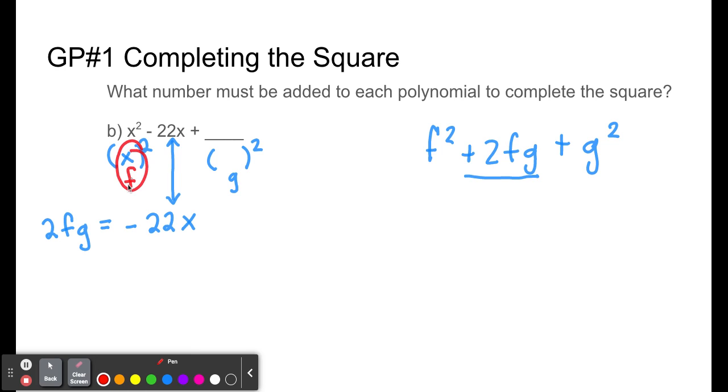We know that we can replace the f with x. So 2 times x times g is equal to negative 22x. Divide both sides by 2x,